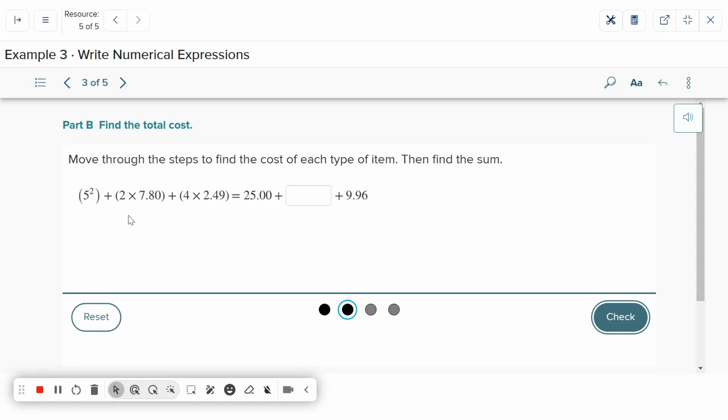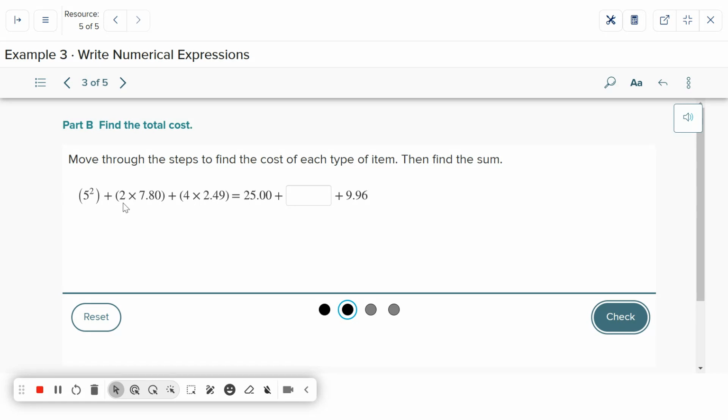So we'll just go through them left to right for simplicity's sake. So they have 25 here because 5 squared, and then we could do 2 times 7.80, and we'll fill that in a second, and then 4 times 2.49, which is $9.96. So they want us to do this one, 2 times